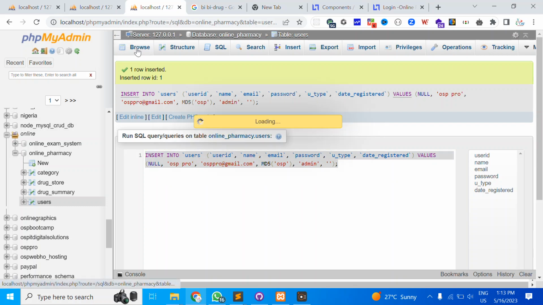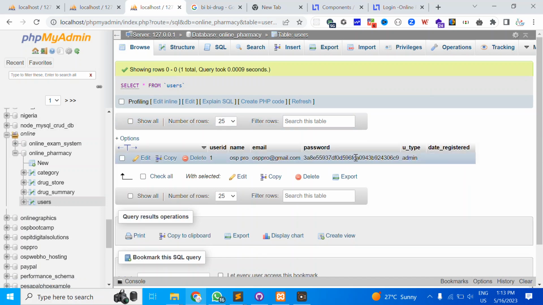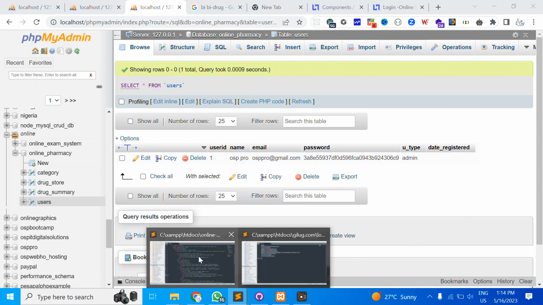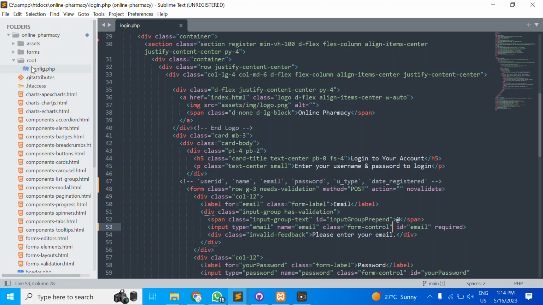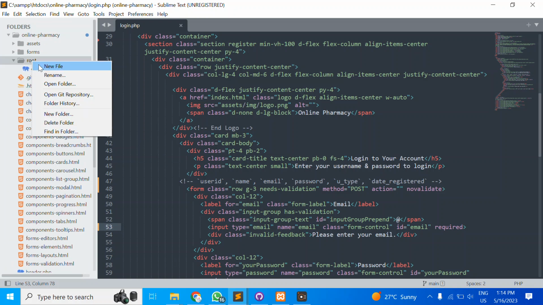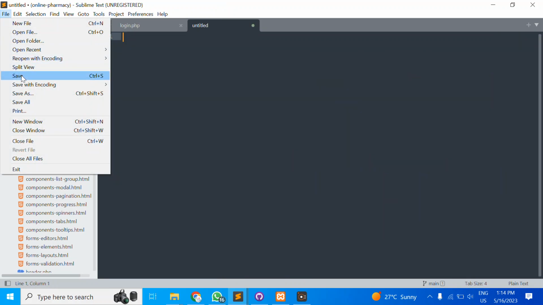So meaning if you check now here, the person has already been inserted, and that's what we have in our database. So this is the person you want to check whether it is logged in. So what are we going to do? You have to come back in here and create another page called